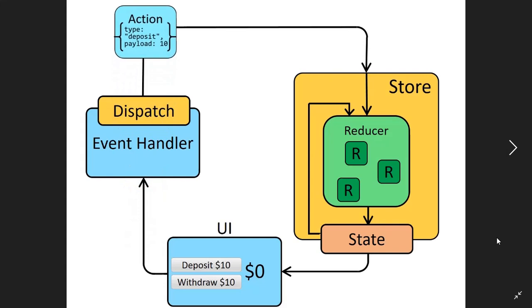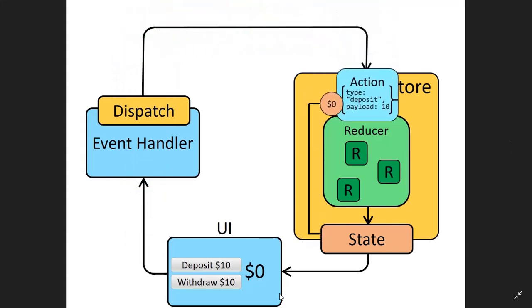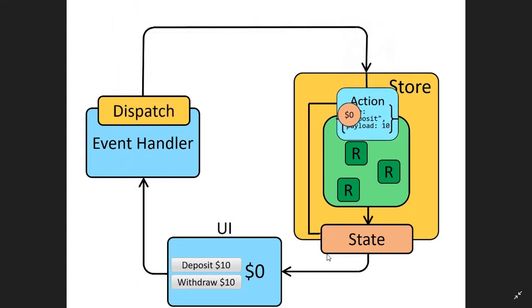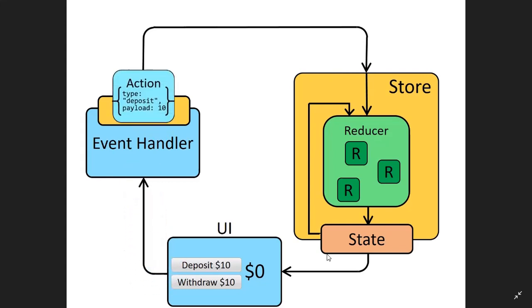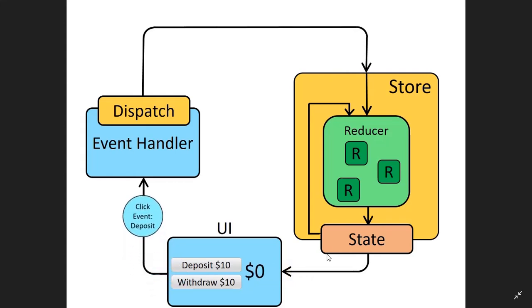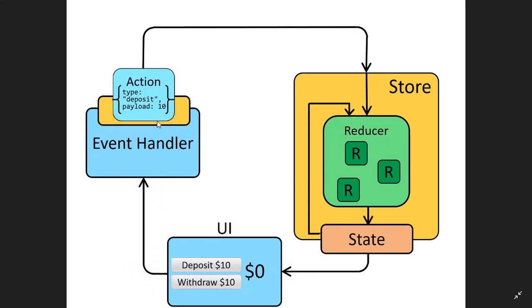It basically consists of the UI part, which will be created using any framework like React, and a store which will contain the current state as an object. The three principles of Redux: first, there will be only a single store in a Redux based application. The second principle is that the UI or the network will not directly modify the store. If you need to modify the store, it will be done only through an action. That is what we see here in the dispatch.